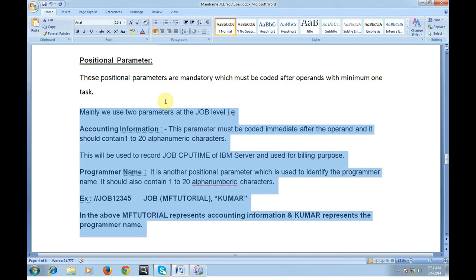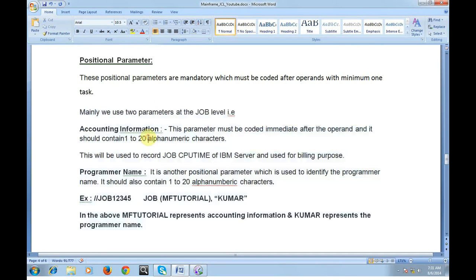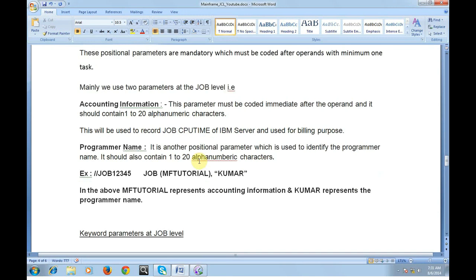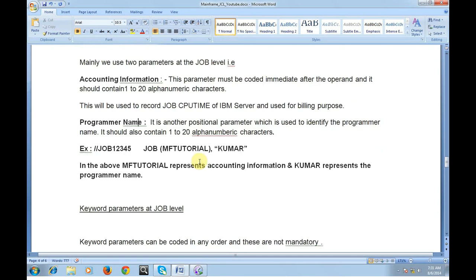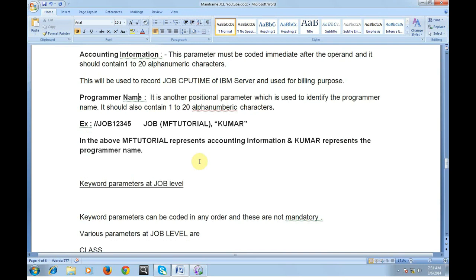To tell it again, these are the only two positional parameters which we use in JCL: accounting information and programmer name. Accounting information is used to capture the CPU time and create the billing. The next one, programmer name, is used to identify the programmer.